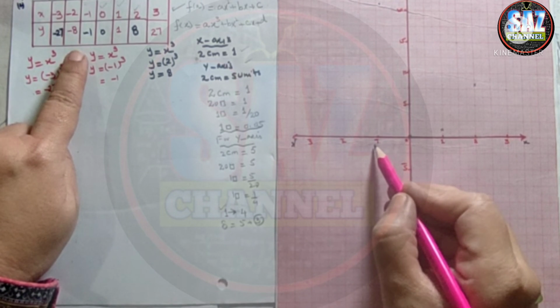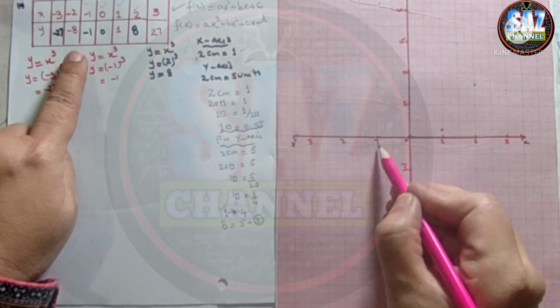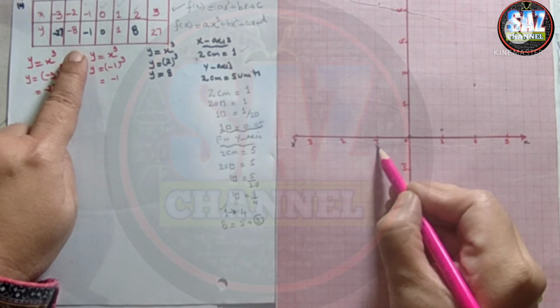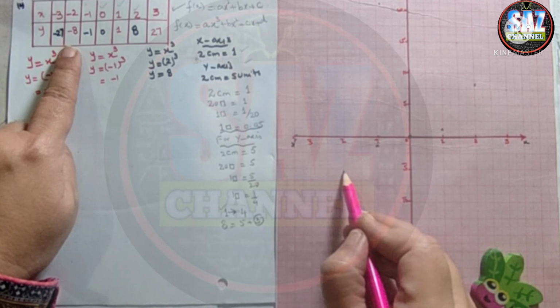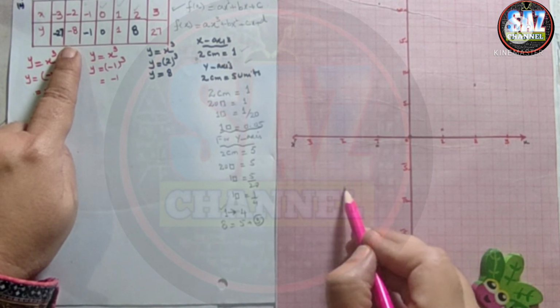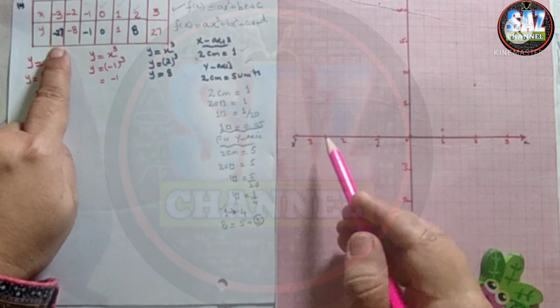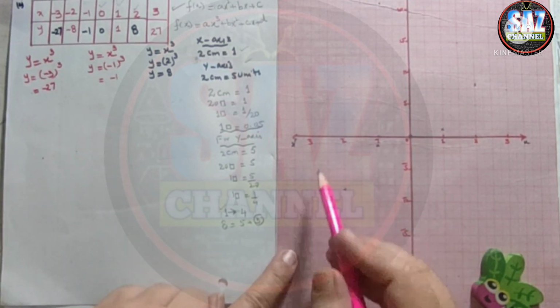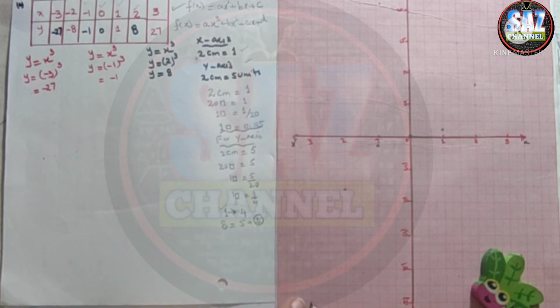For minus 1 it's minus 1, so I have to be careful. 2, 3 and 4, this is the fourth block. And then minus 2 with minus 8, this is 10, 11 and 12. Minus 3, minus 27. So first reach at minus 3, then move downward, reach at 25 and 2 units after. So this is 5, 6, 7 and 8.